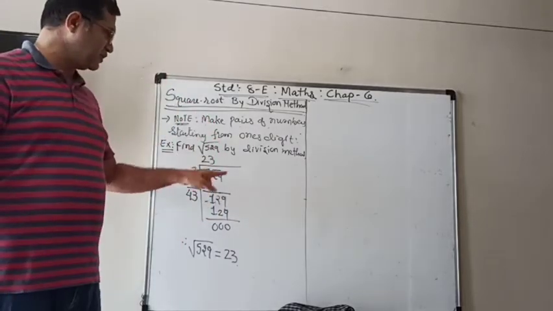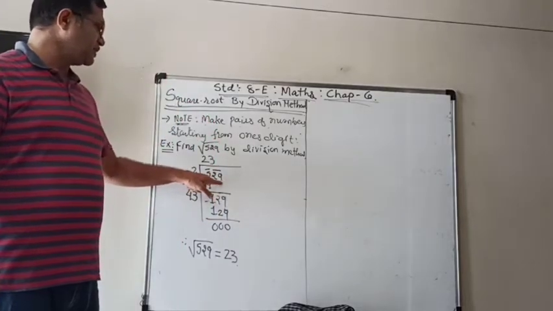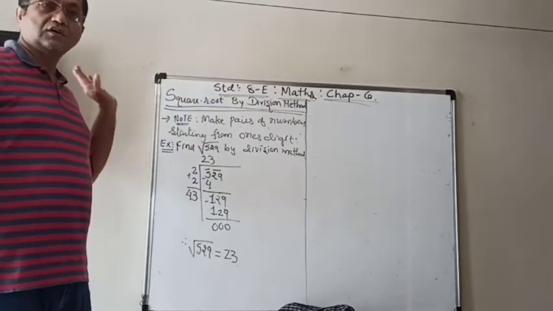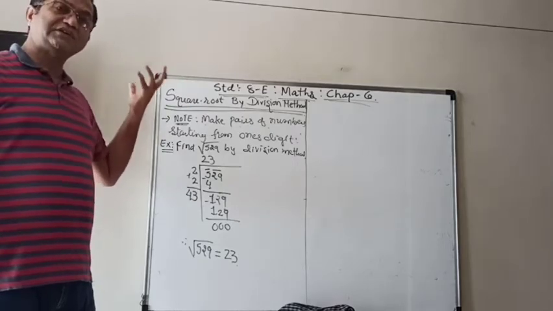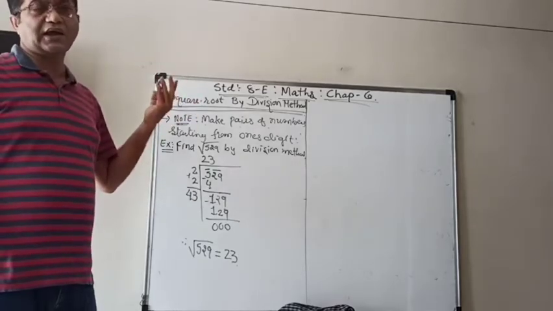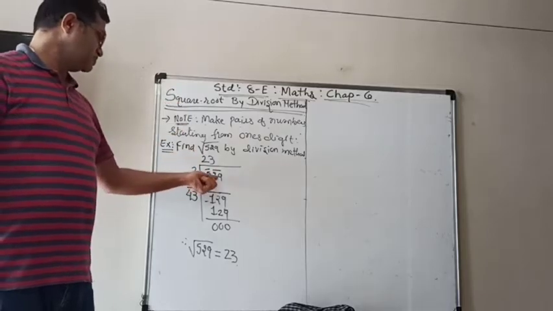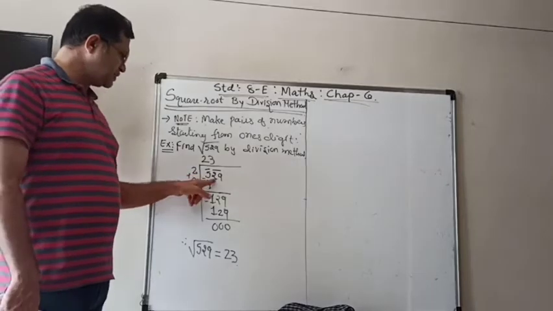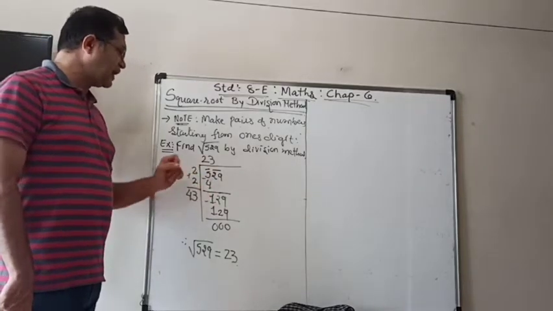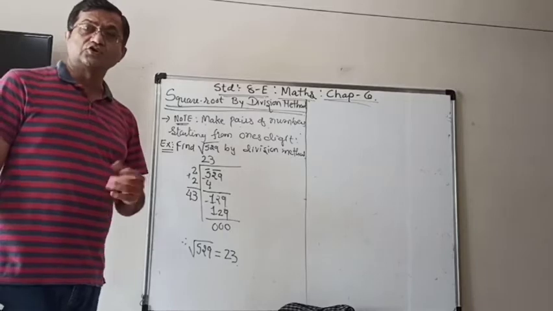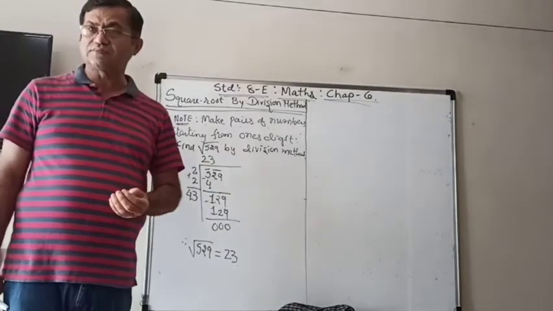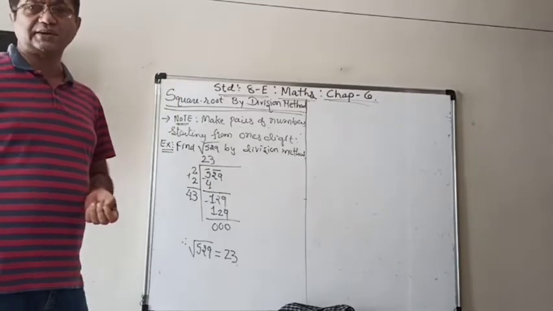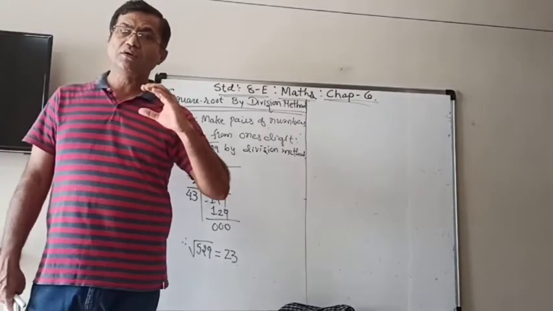So again explaining to you, start making the pair from the rightmost, meaning the ones digit, and then on the left it can be one digit if there is an odd number of digits, or there can be a pair also. If it is a single digit, then think how you can start the division. You can't do like 2 threes are 6 or 3 twos are 6 or 5 twos are 10 or 3 fours are 12, etc.